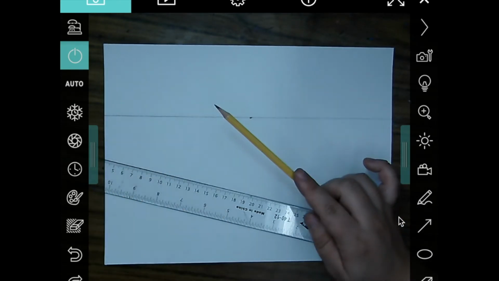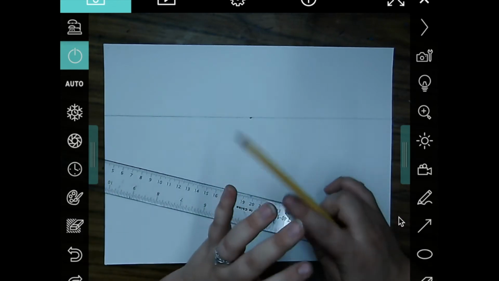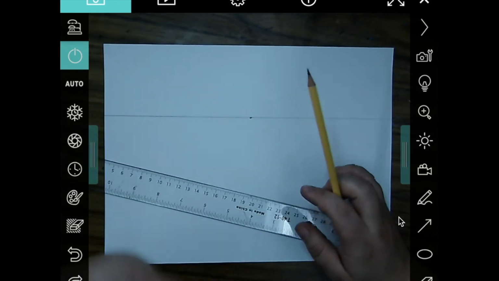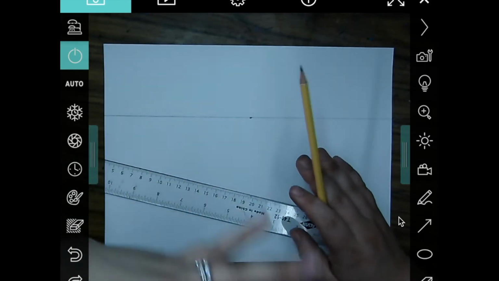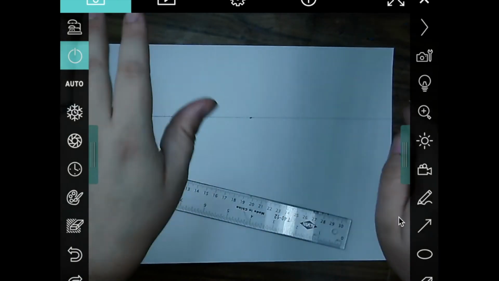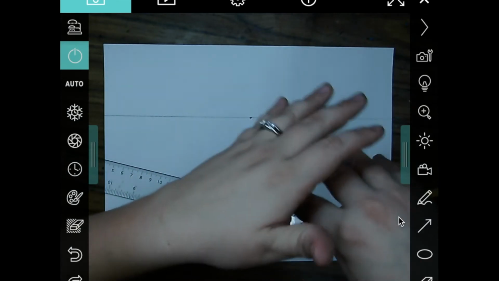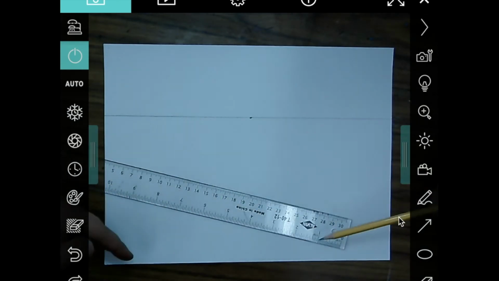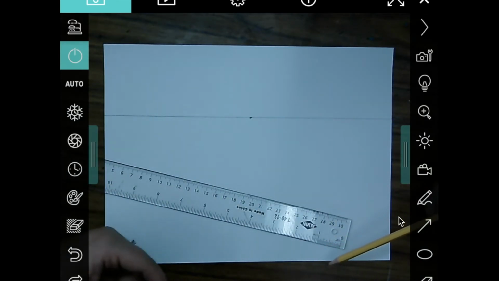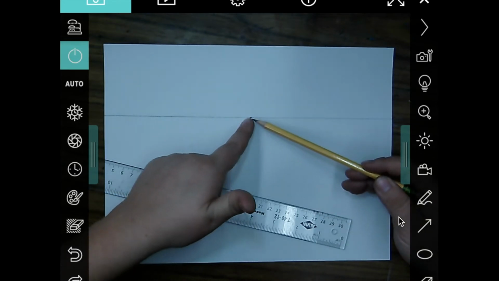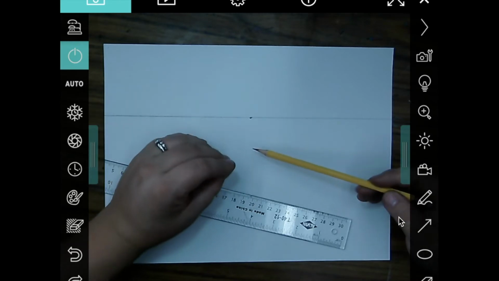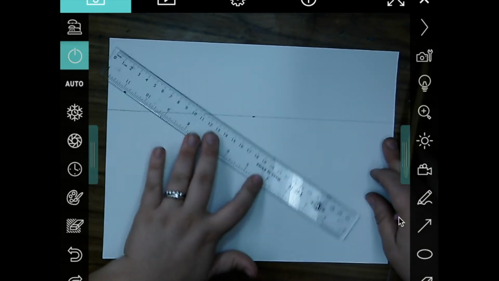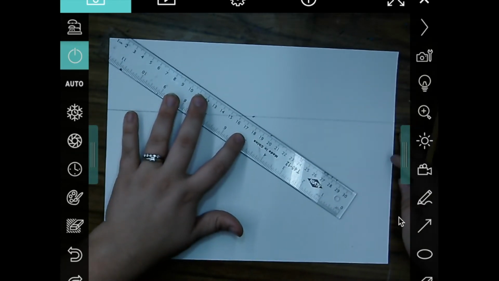So if you think about perspective when you're standing looking out at a landscape, there's a point where all the things, the road, the trees, the mountains, all look like they just kind of disappear. And that's just because they're so far away. So things that are closer to us are larger and more in focus. And as they recede or go back towards the horizon line or the vanishing point, they get smaller and more out of focus. So now we're going to draw